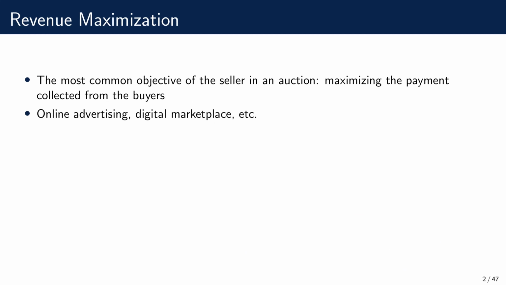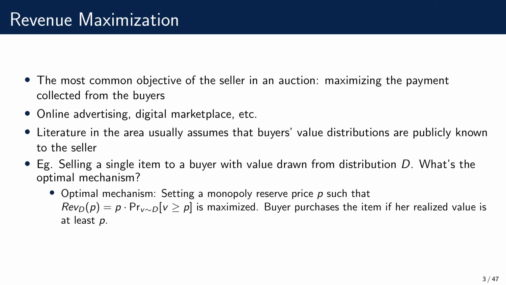daily life. And literature in this area has usually assumed that the buyers' value distributions are publicly known to the seller, and the seller designs the revenue maximizing mechanism and does the optimization using the distribution information. So, for example, consider a problem where a seller wants to sell a single item to